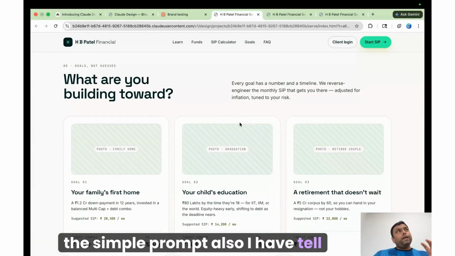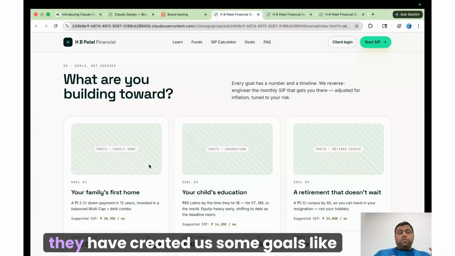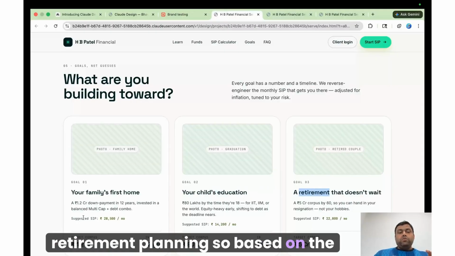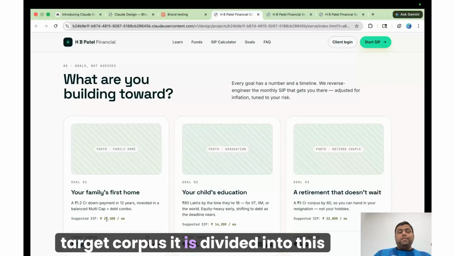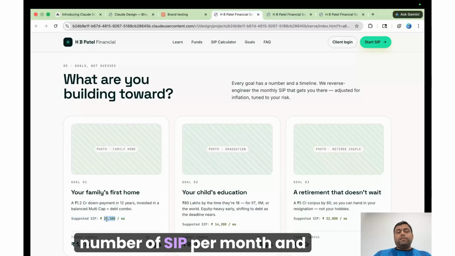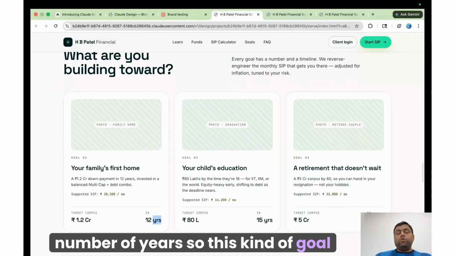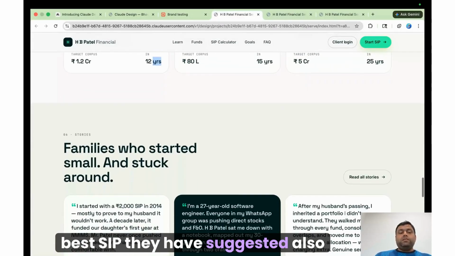Also I told them about goals. So they have created some goals like family, home, children's education and retirement planning. So based on the target corpus, it is divided into the SIP per month and number of years. So this kind of goal based SIPs they have suggested.